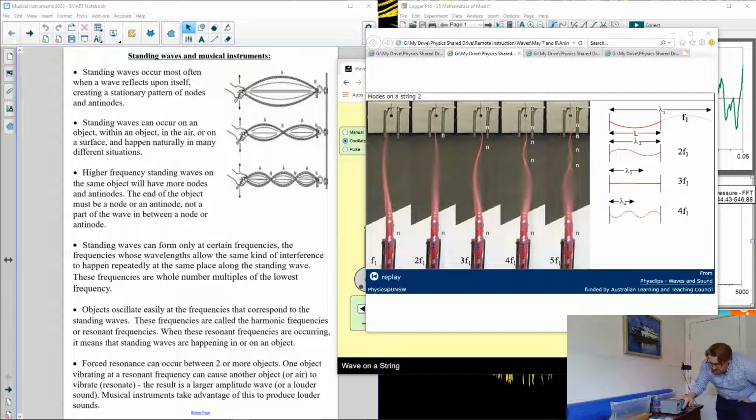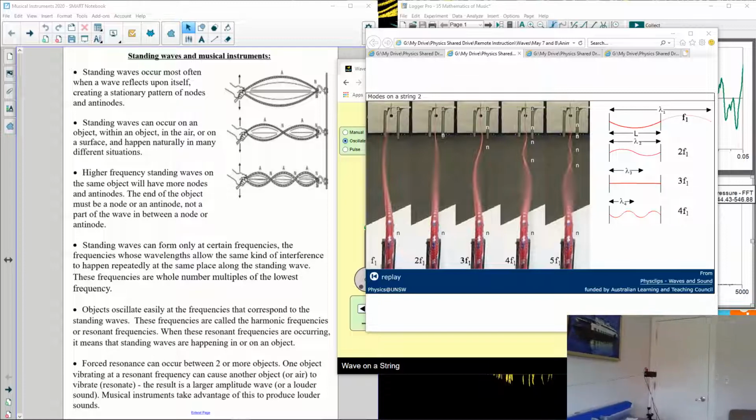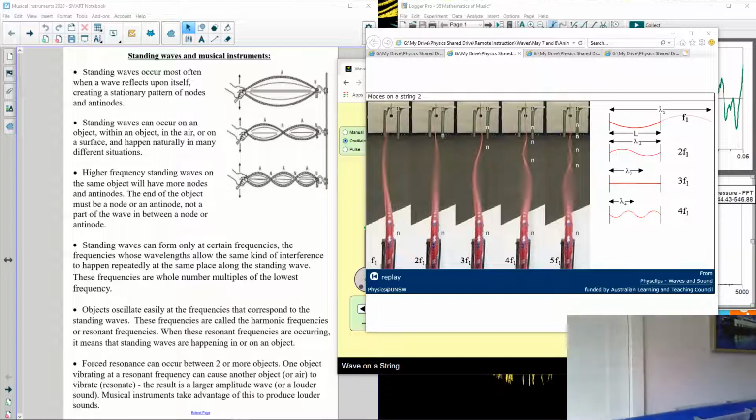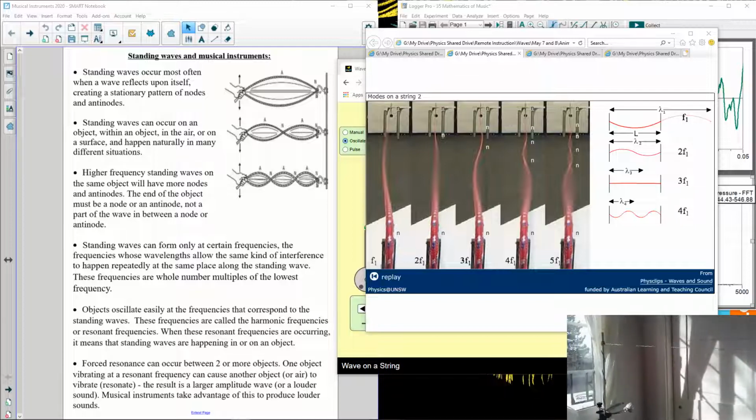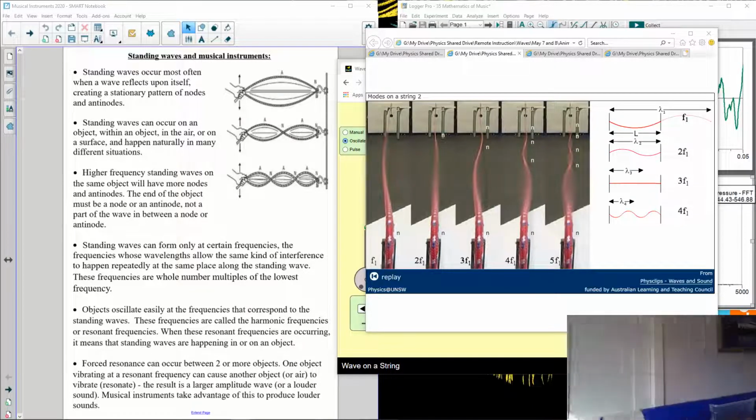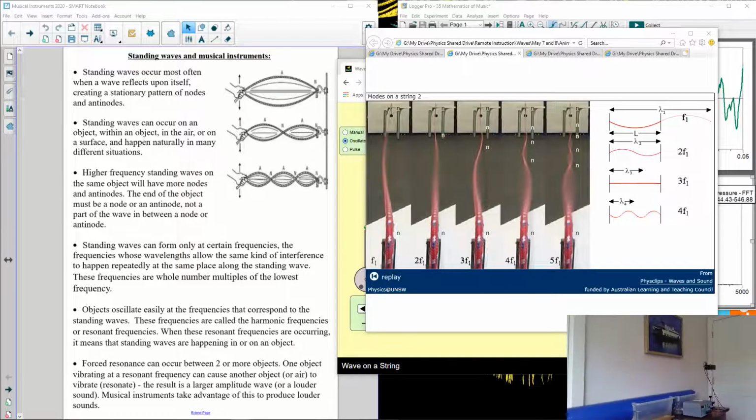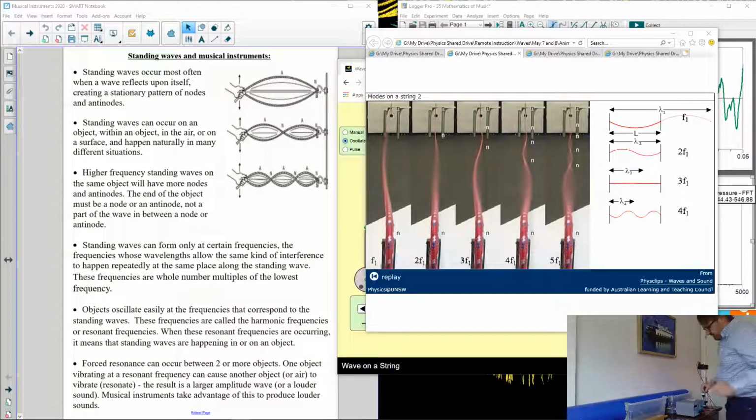And you can see that as I do that, we get one big antinode right in the middle. So we'll pivot the camera again, and you can see that we get a node on one end, lots of movement in the middle. That's an antinode, and the node on the other. So that wave is twice as long as the actual string, because we're only getting half of the wave on the string. Now, if I triple that frequency,